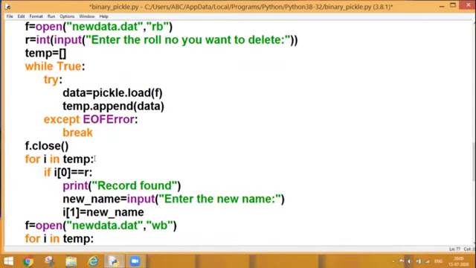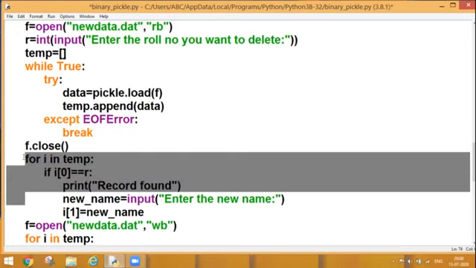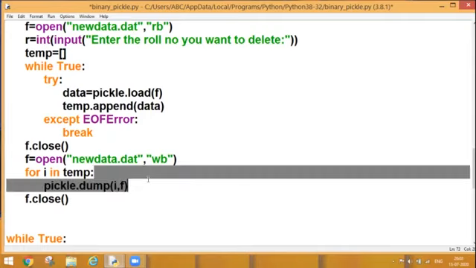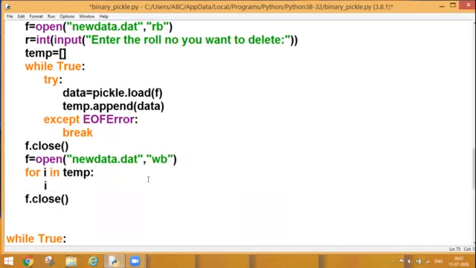Now we are running the loop and we are looking for this, because I don't want to write any data. So these steps are not necessary for me. I can directly open my file in write mode again. So my data is written into my temp and I have opened my file. Now, instead of dumping, what can I do? I can check my record first. If i[0] is equal to r, that means I am performing my searching operation over here.